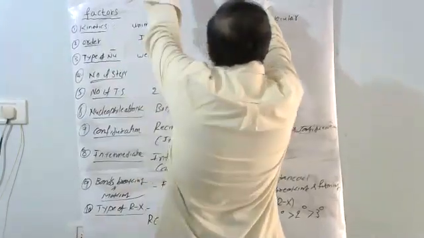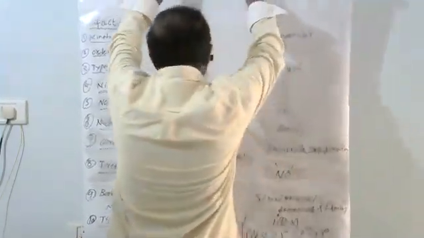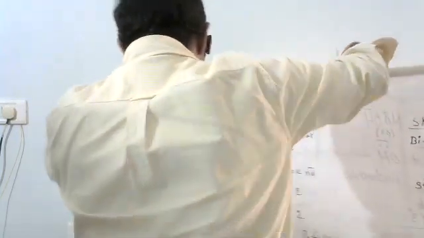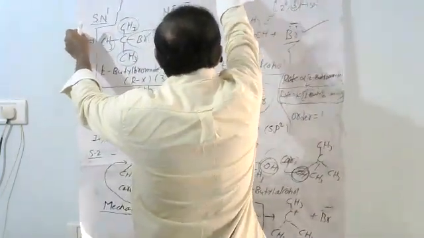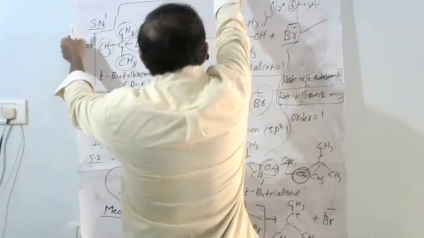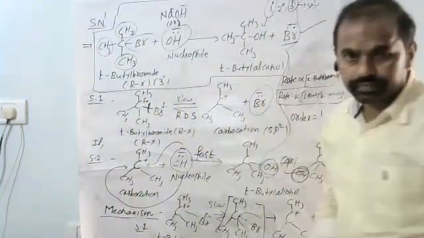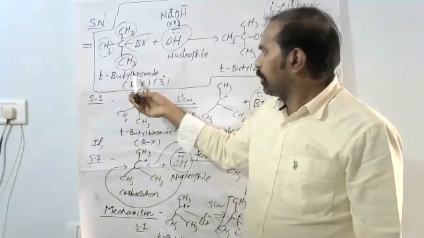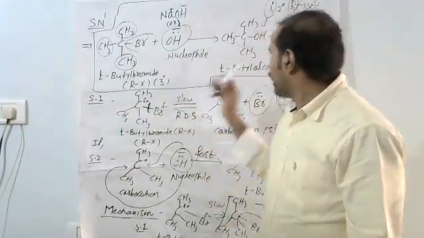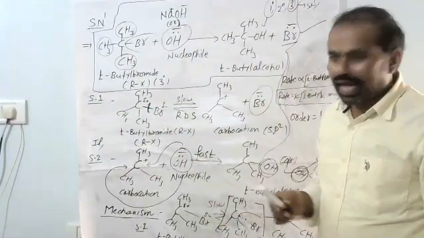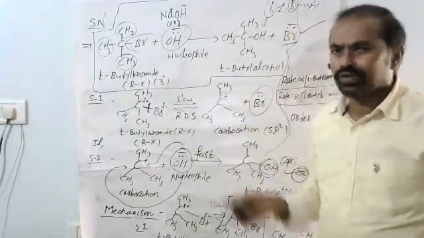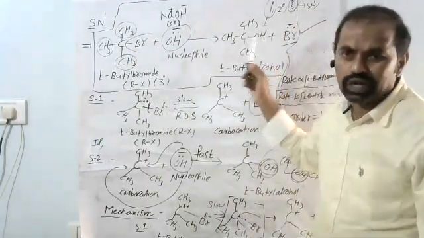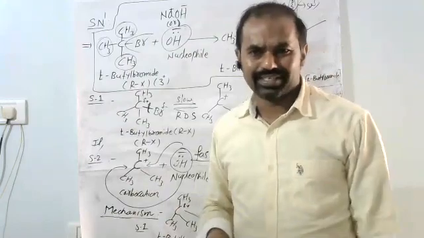Okay, in the SN1 mechanism, if you observe, what about the SN1 mechanism? Say this. Now, here in the SN1 mechanism, see, it is tertiary butyl bromide and a nucleophile. It gives tertiary butyl alcohol and halogen. See, this nucleophile is substituted in the place of halogen, and we get the product. This is called nucleophilic substitution reaction.